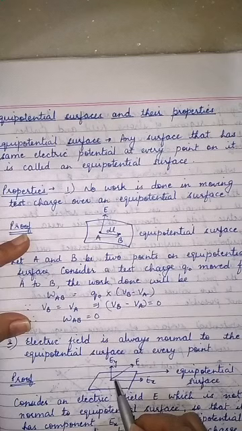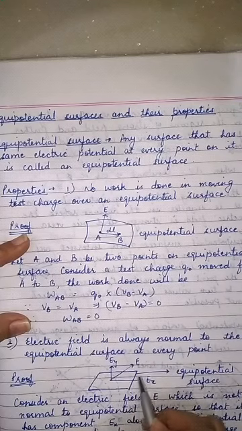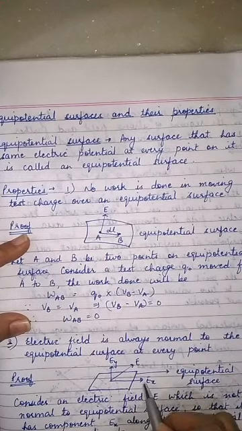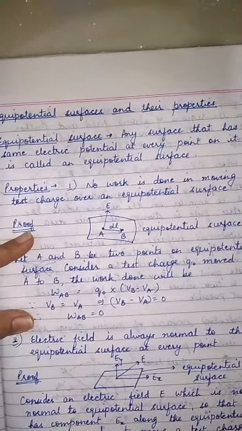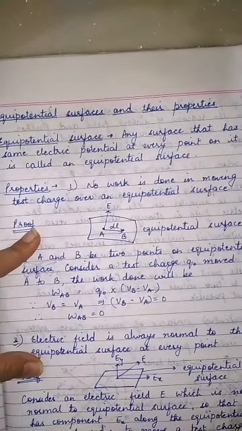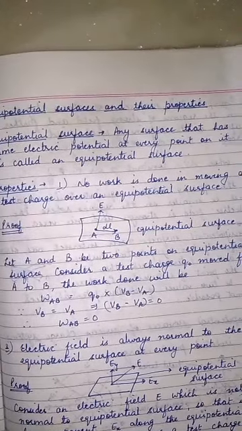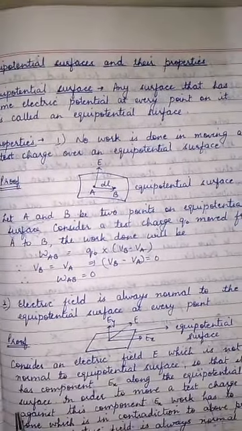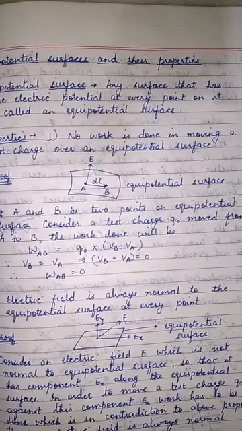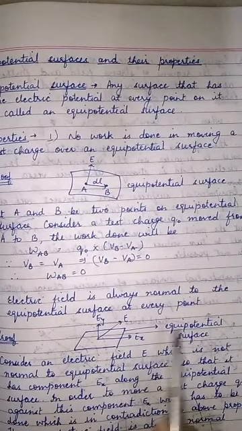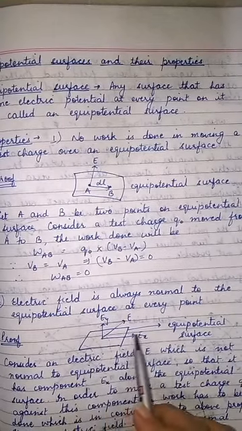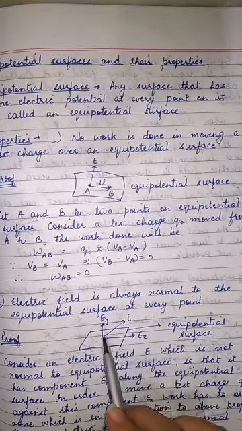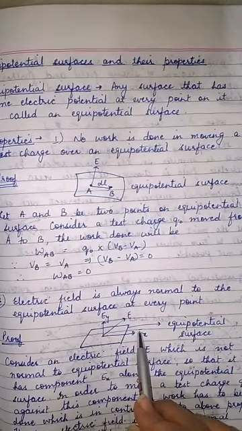So there are two components of the electric field, one along the equipotential surface and one normal to it. So it has a component EX along the equipotential surface. Now in order to move a test charge Q naught against this component EX, because there is a component of the electric field along the equipotential surface,